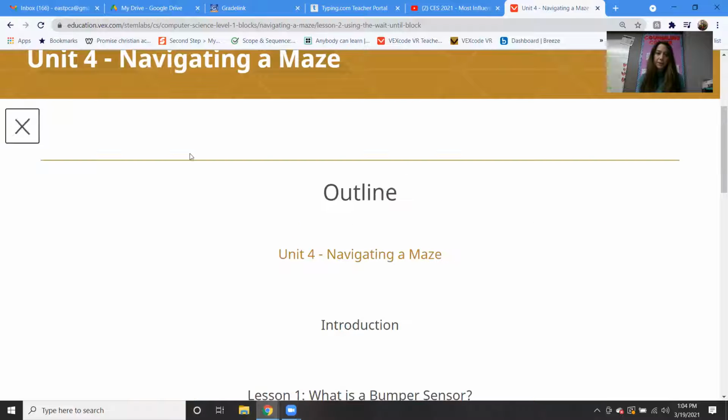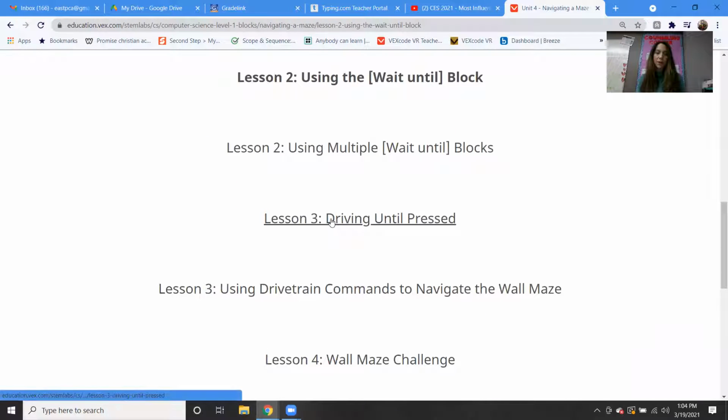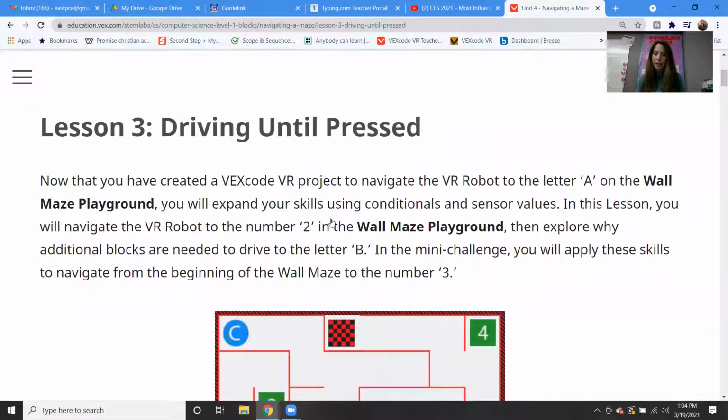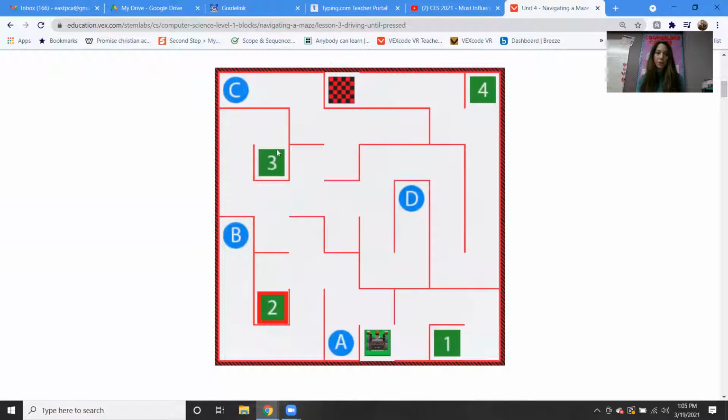Then we moved on to lesson 3, using the drivetrain to navigate the wall maze, and we were solving the maze to the number 3. So remember, we were able to get the robot over to the number 3. So that was Unit 4, Lesson 3, solve the maze to number 3. You were writing the code and sending it to me. And then there was a quiz also that went along with that. So if you don't remember getting your robot over to the number 3 and doing that code,